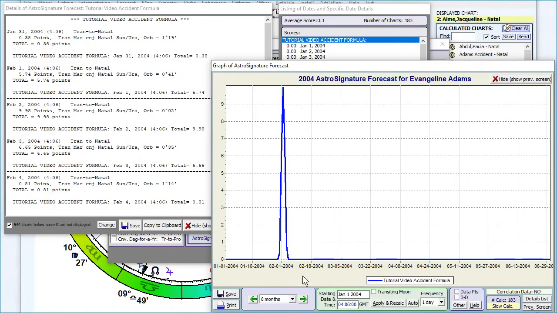That's like a false negative. You said there wouldn't be an accident, but there was. And you can individually adjust and see what's going on when you didn't get it right for somebody. So that's how you can test against each individual, produce the actual graph with the Astrosignature forecast based on your discoveries. Last thing I want to show you